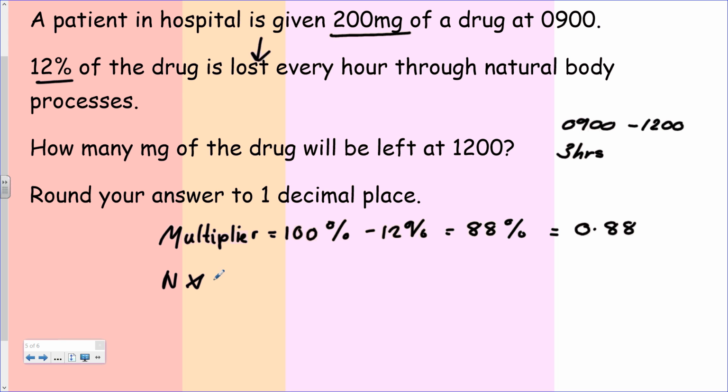So the new value, how much of the drug is left, is going to be the starting amount of the drug. Let's just get rid of that and I'll start that a wee bit again. So the new value is going to be the old value, the original amount of drug in the system, 200 milligrams, times by the multiplier, 0.88, to the power of 3 since it was 3 hours. And that comes to